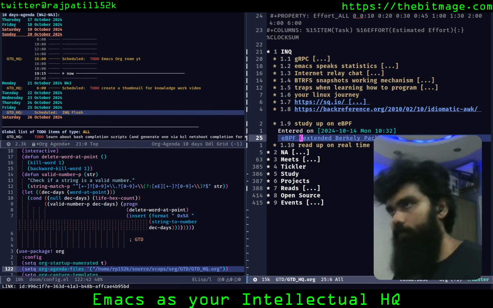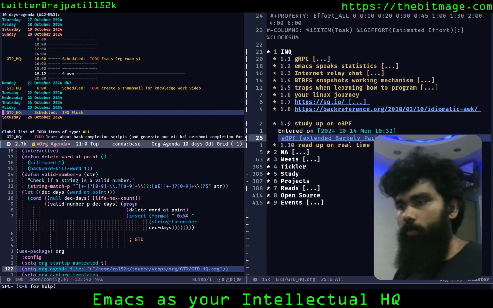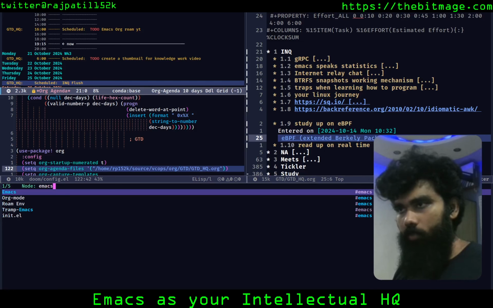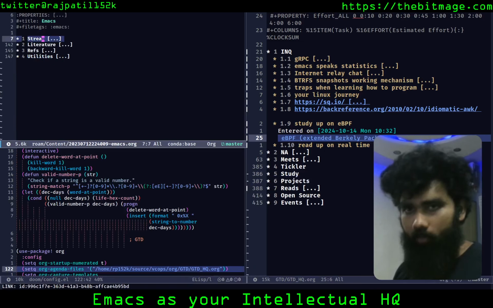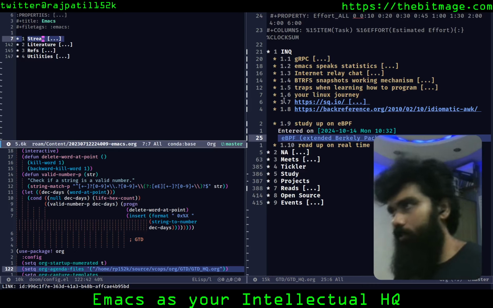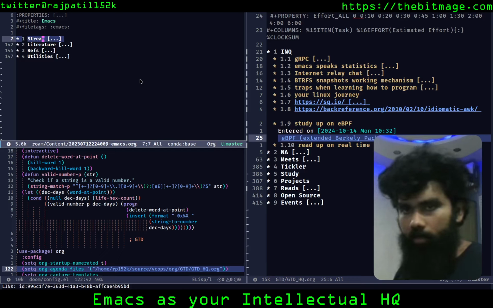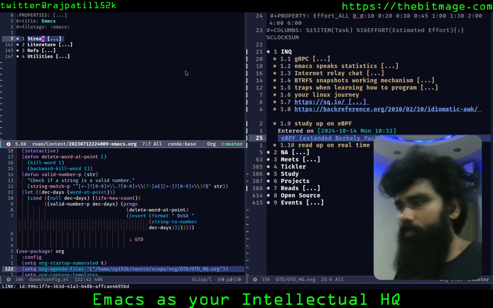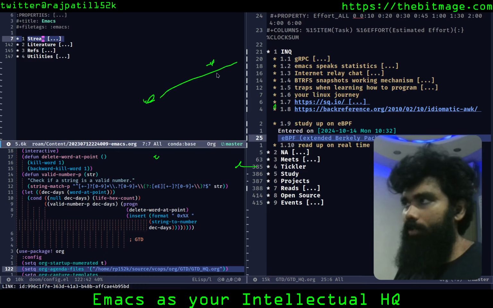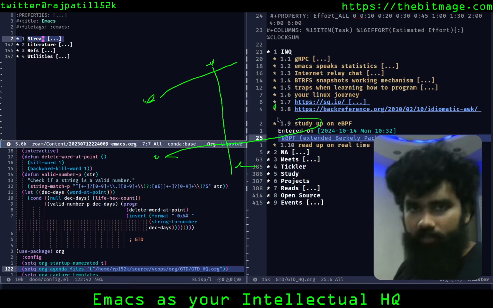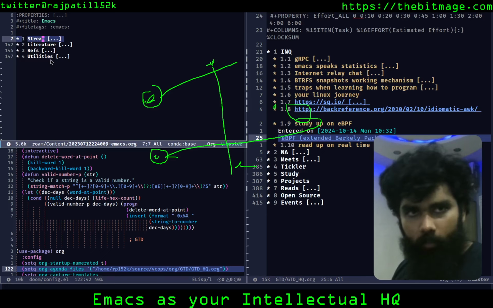How it does that is, let's say I'm going to go into Emacs right now. This is my node in Emacs in Org-roam. Org-roam is basically just Roam Research, which is inspired by and adapted to Org mode. What it helps you do is store your nodes in a graphical manner. So nodes and edges, and you could just have a flat file system where the nodes are your files, like this one is, and it is connected via links to other files. So that's the gist of it.